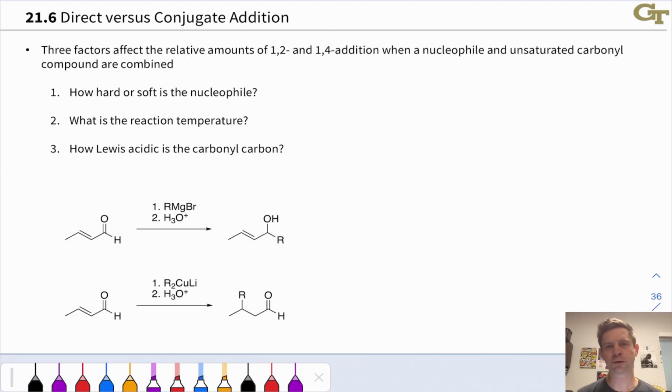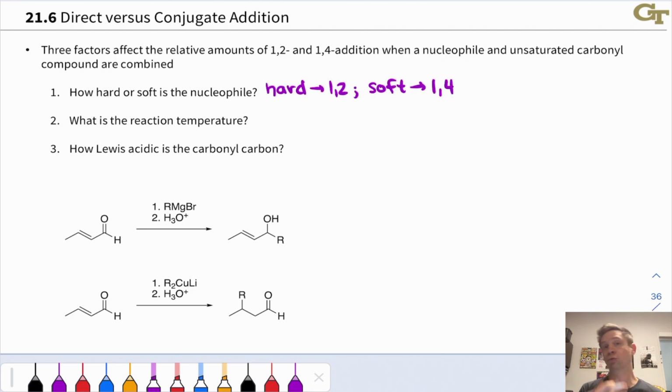Let's look now at some of the structural and experimental factors that dictate whether 1,2 or 1,4 addition can occur. And I should preface this by saying that in many cases, this can be very difficult to predict. There aren't really any simple rules here that we can use. There are a few simple rules, but rules are made to be broken in a context like this, and direct versus conjugate addition can be rather difficult to predict in practice. That said, we're going to look at 3 important questions that will allow us to make an educated guess about this, we might say. The first is about what we'll call the hardness or softness of the nucleophile, and qualitatively,